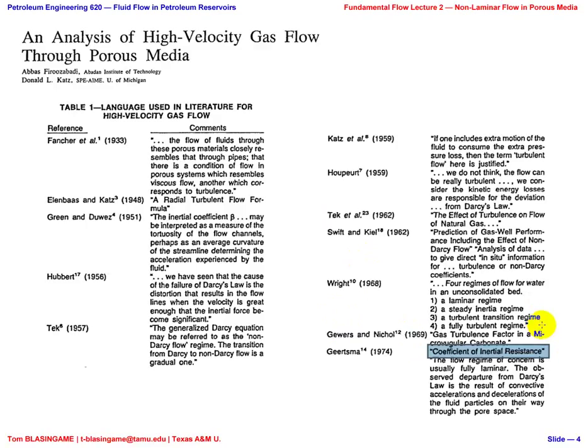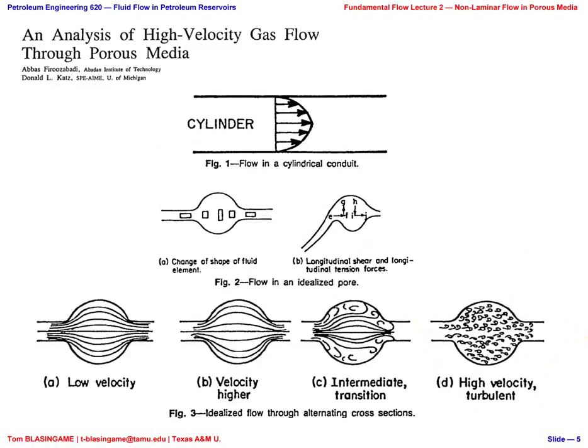And again, it's a parameter to represent Forchheimer's equation, or as they call it, the deviation from Darcy's law. In order to explain this, Firoozabadi and Katz show what is typically thought to be Poiseuille type flow, which is a parabolic velocity profile, and then they show what the shape of a fluid particle, or a fluid element, would look like. So it'll be elongated here, where there's high velocity. As it slows down, it compresses. As it slows down even more, it compresses even more,